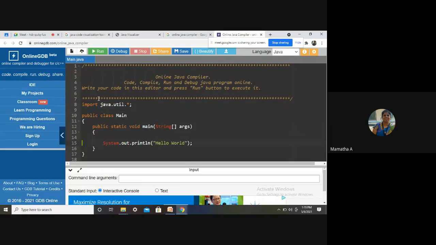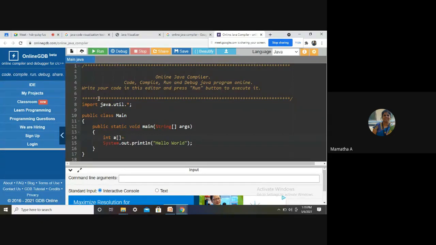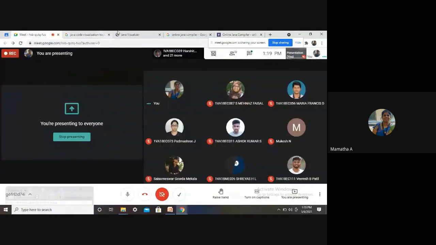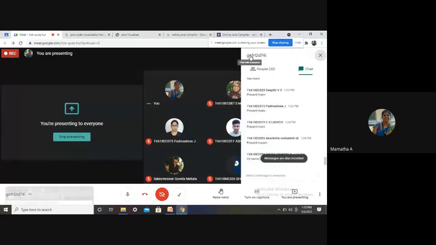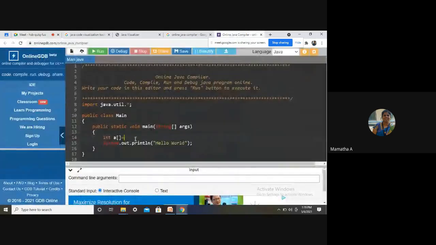Int. Okay, what array name I'll give is A. Int A square brackets is equal to what? In Java, how do you write? What should you write here?